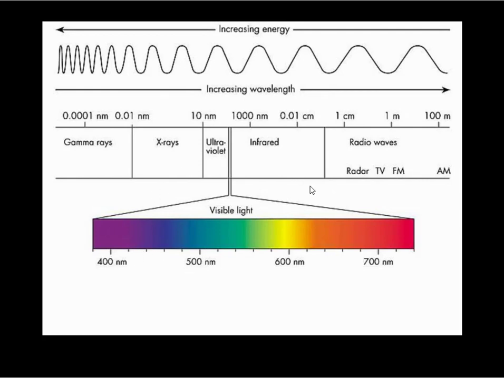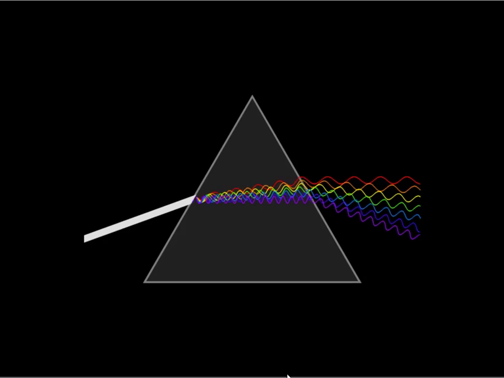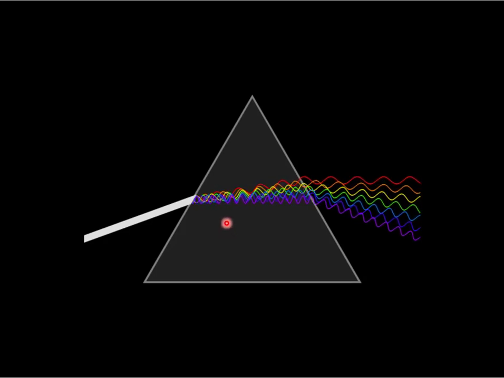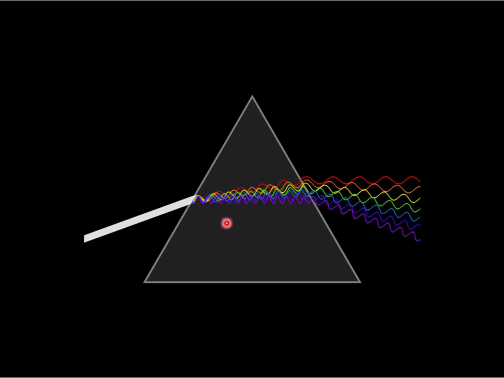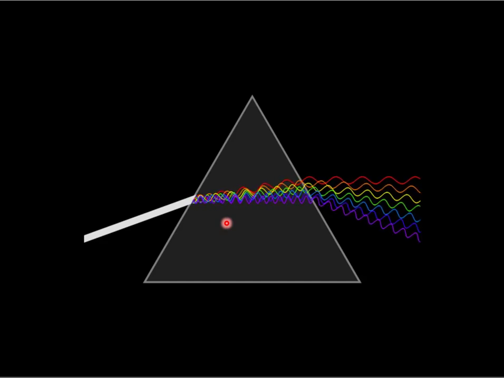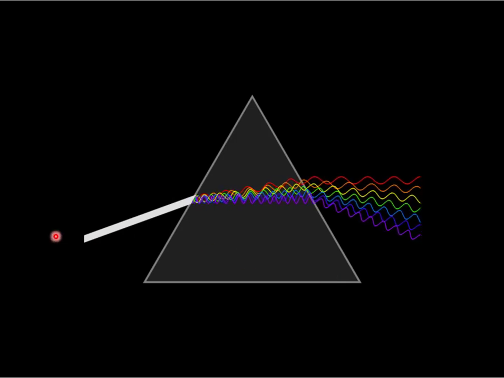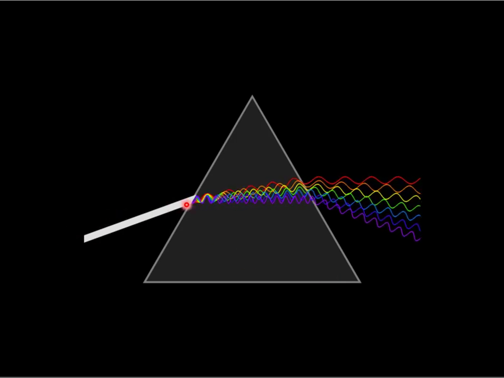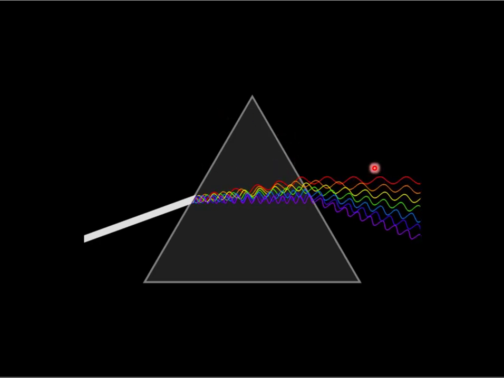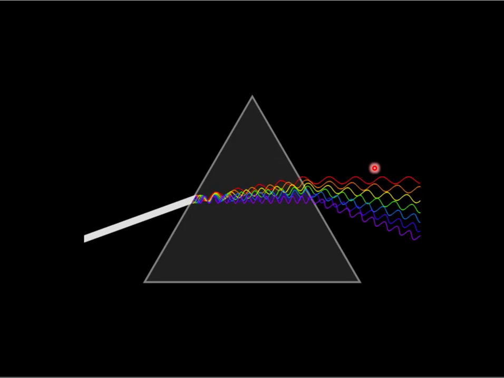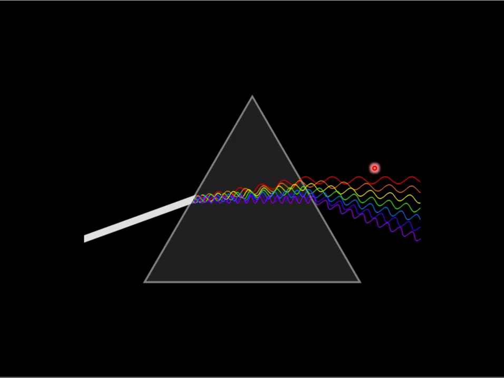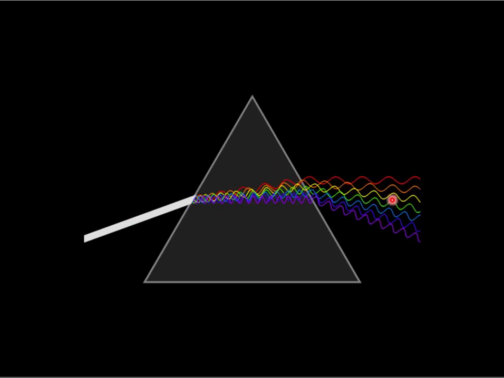Now, because light is a wave, light refracts, right? It bends as it goes from one medium to another. So I have a prism here, which is just a triangle made out of glass, and white light comes in. As it goes from the air to the glass, it bends a little bit. As it goes from the glass back to the air, it bends a little bit. It bends according to something called Snell's law, if you're really interested and want to look it up. But notice that it goes in as white light and comes out a rainbow.